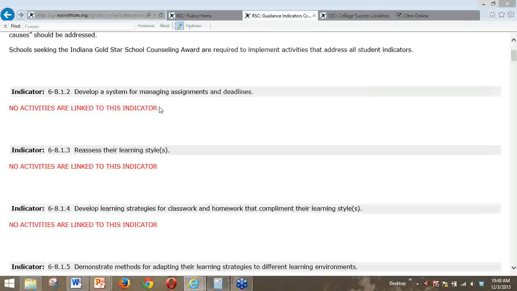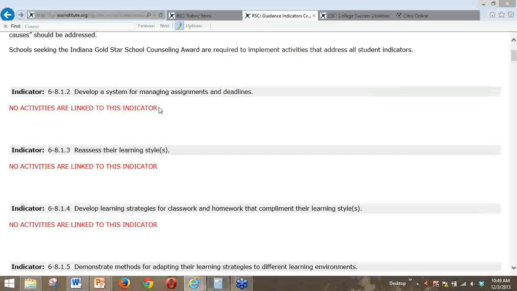Indiana, on the other hand, does want schools to implement activities that address each of the indicators. In Indiana, it's felt that those indicators are appropriate for every student in the state. And so the belief is, just like we want students to master all math standards that are appropriate for 8th graders, we want students to master all of the indicators that are appropriate for 8th graders.